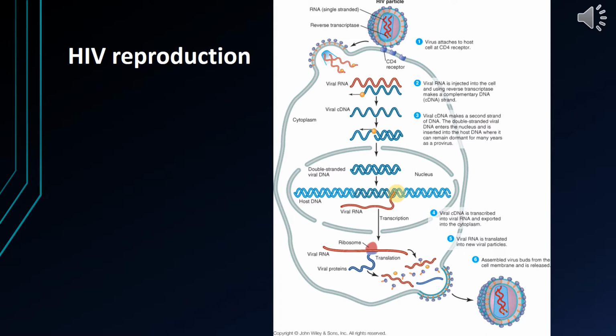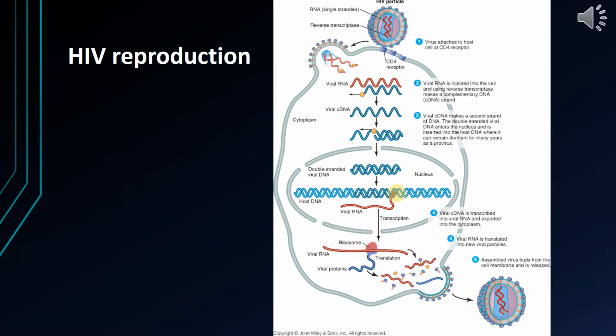And that's what I meant to say when I was talking about cDNA, sorry. The viral cDNA then makes a second strand of DNA, and this double-stranded viral DNA enters the nucleus and is then inserted into the host DNA, where it can remain dormant for many years as what is called a